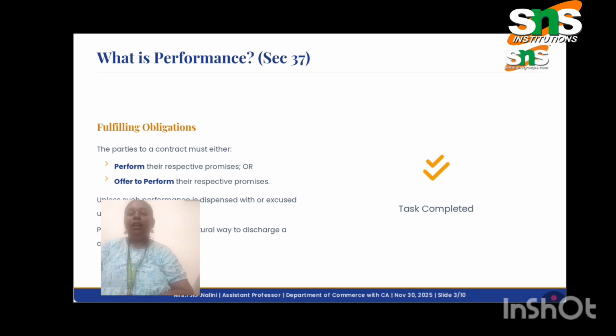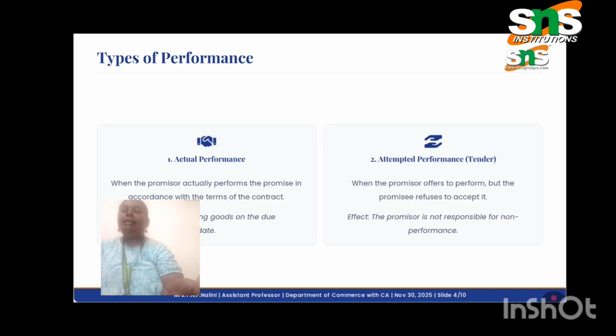There are three types of performance. Let us see one by one. We will go with the situations. The first one is actual performance. As I said, when a person plans everything for doing a work, it is called actual performance.